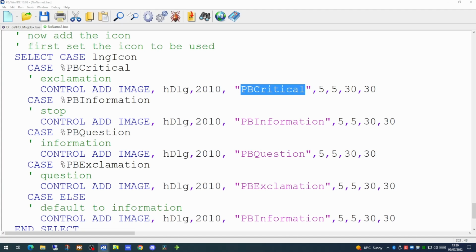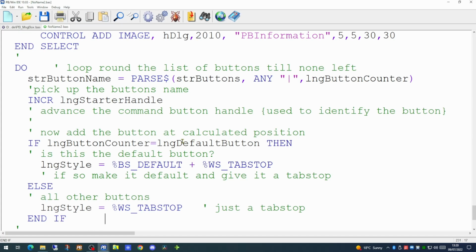And now the next stage is to display the buttons in a do loop. Since our buttons are held in a button name variable and it is delimited by the pipe character, we can use the parse command to work out the name of each of the buttons and then add them to the dialog. And as we go through each of these, we're adding on the style.